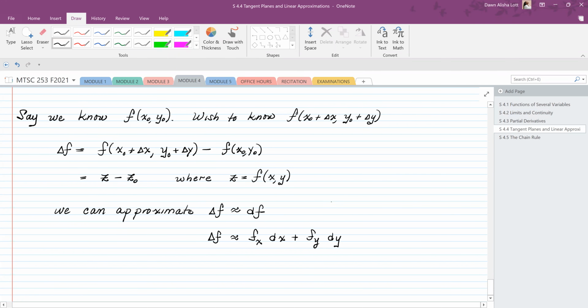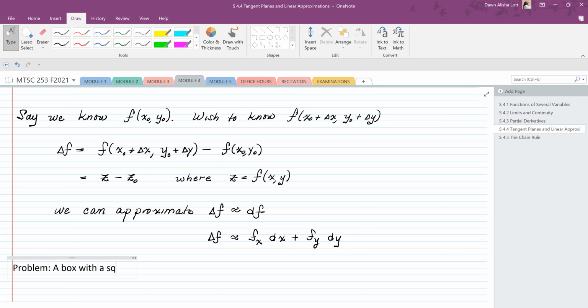Okay, so let me explain. Here's a problem. A box with a square base whose sides are 5 inches each